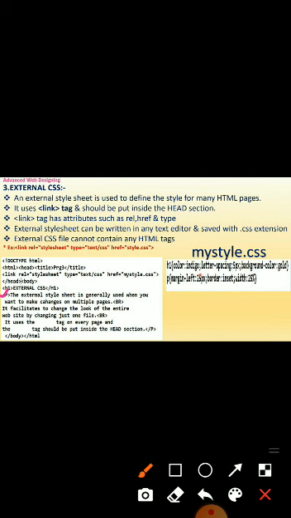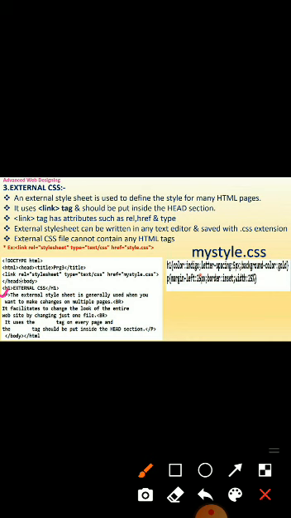It facilitates changing the look of the entire website by changing just one file. It uses the link tag on every page, and this tag should be put inside the head section. Close p tag, close body, close html. Here I gave the content as external style sheet definitions.